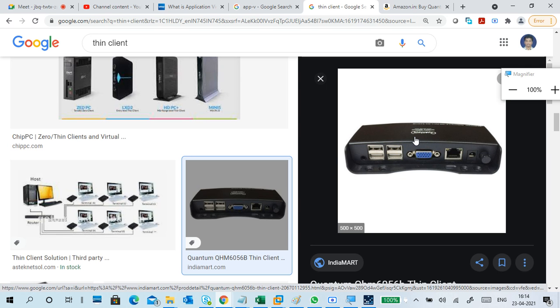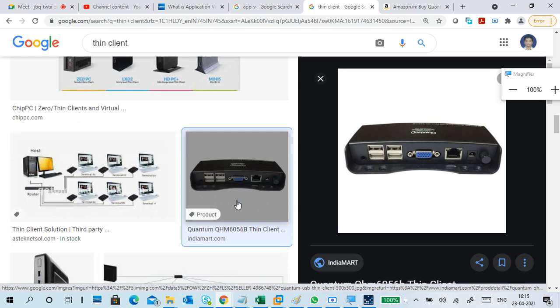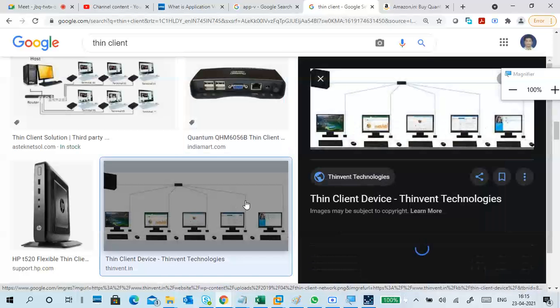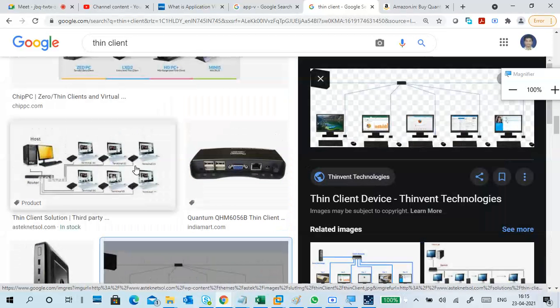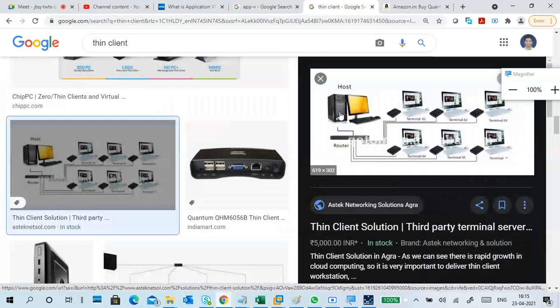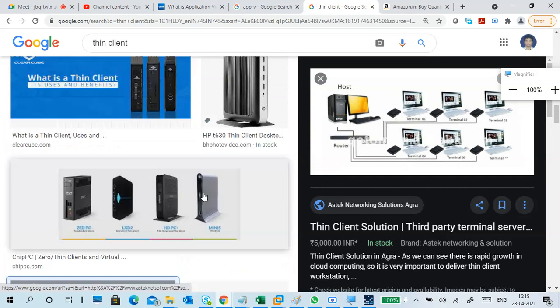It is used to connect to the remote PC only. It also has a LAN connector, VGA connector, and USB ports. Some also have PS/2 ports, depending upon the version. So what it does is, it has a main connector at the host, and these are the terminals.